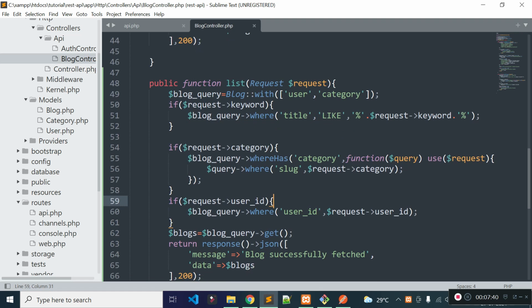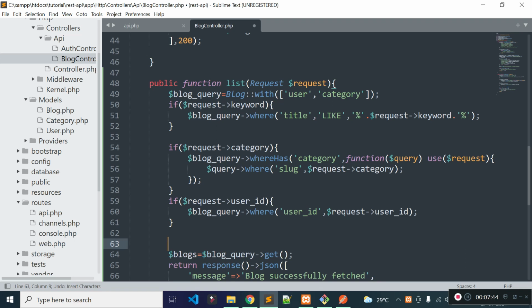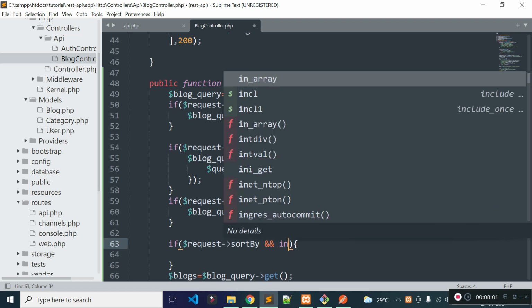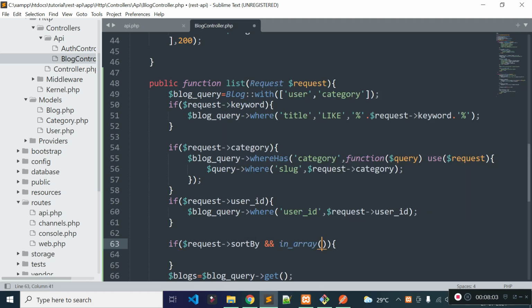Now I'm going to add sort functionalities. So I'll check if sort by is present inside our query parameter. So let's check request sort by. That means sort by field is present inside our query parameter, and this sort by field is in array of id or created at.